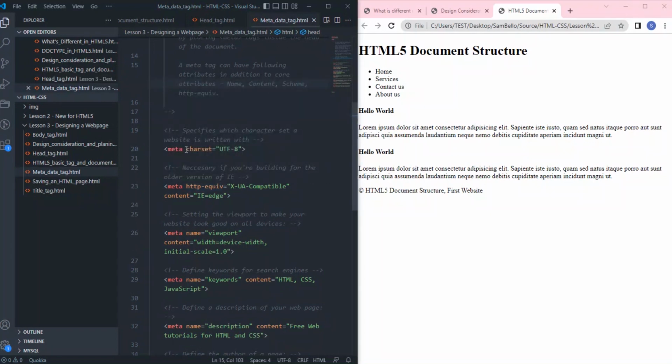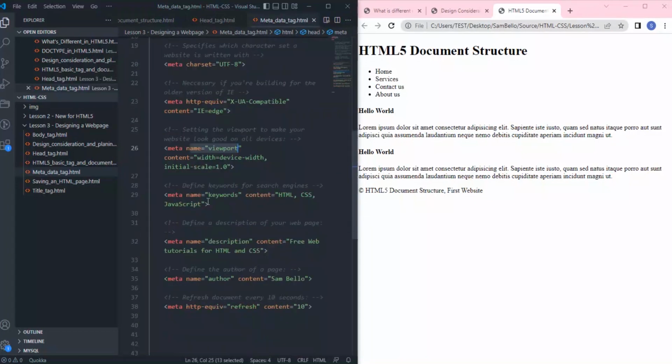Look at this here. The charset here is an attribute that has a value of UTF-8. The HTTP equiv here is an attribute. The content here is an attribute. You can see the name here is an attribute. So those are the things. These attributes always come with an HTML tag. Okay, so you can have different kinds of attributes for different kinds of HTML tags. So that is that about the metadata